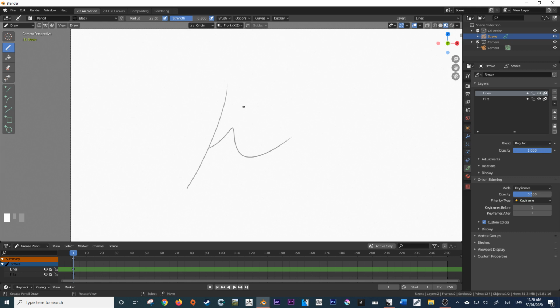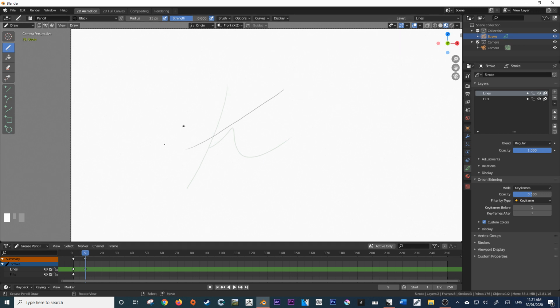Now, draw is where you're going to be spending most of your time. As I said before, think of draw as points on a screen within a layer in a stroke, which are all held within a keyframe. So if I move to a different keyframe and draw a new stroke, I have created new information. As you can see, that has been updated to reflect this. This timeline here has generated a new keyframe where I've moved this timeline widget to.